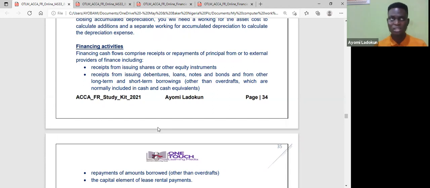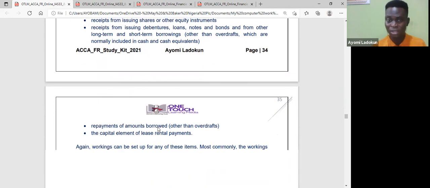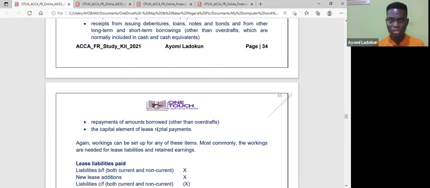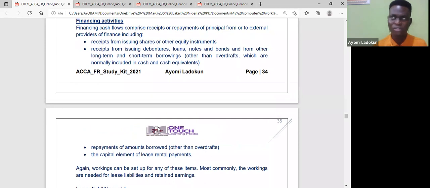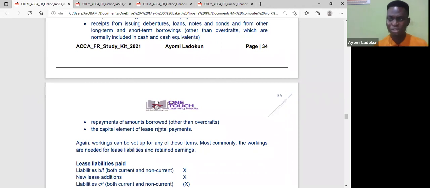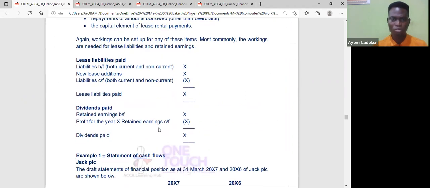Then for your financing activity, you know, we said it relates to shares. Received from issuing of shares. When I issue shares, did I receive money? Received from issuing debentures, long-term bonds and all of that. Overdrafts will form part of cash and cash equivalents, okay? Because it's part of my demand deposits, okay? But long-term borrowing, like debentures, loans, bonds and the likes, forms part of receipts, form part of my financing activity. Then if I make any repayment on lease, okay, or amount borrowed on loan, then it also forms part of my